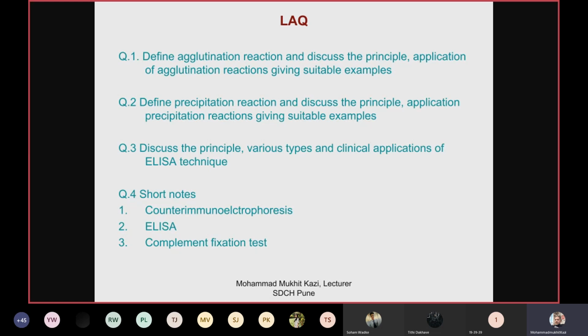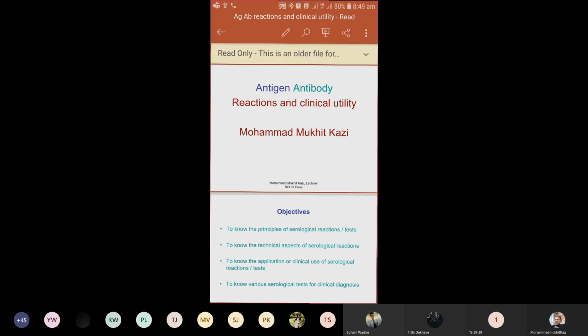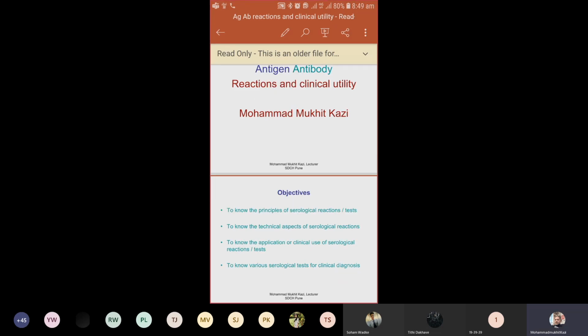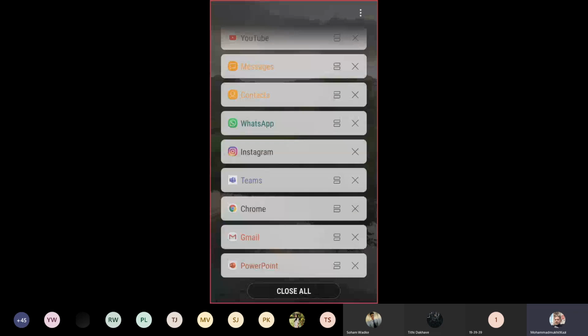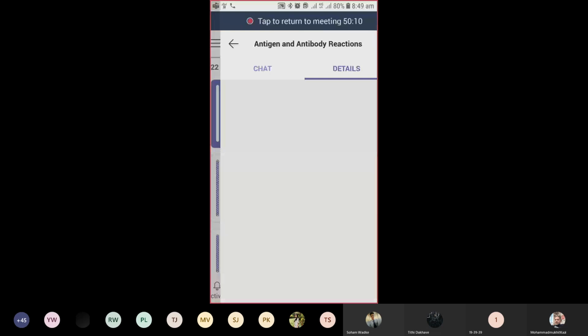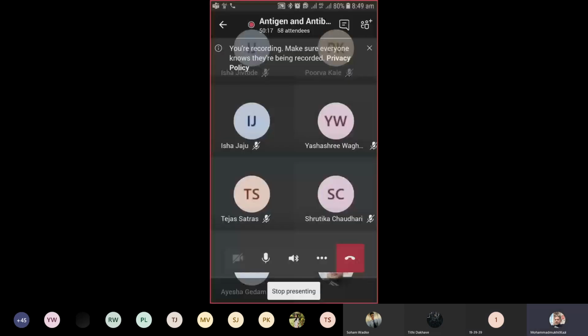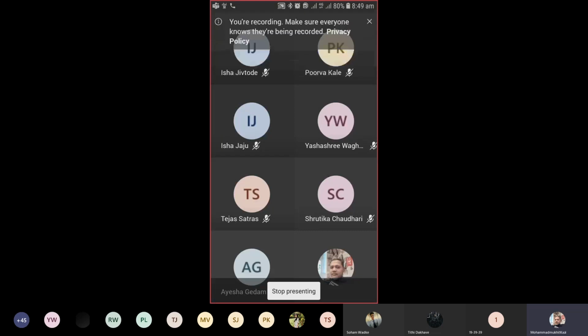This is over from my side. We'll be meeting at 11 o'clock. Hello, am I audible? Yes, sir. Okay, we'll be meeting at 11 o'clock. Then I'll again be discussing these reactions. I'll repeat all of those, and also try to demonstrate whatever tests we perform in the lab. It is just a demonstration practical. I'll show you there at 11 o'clock.